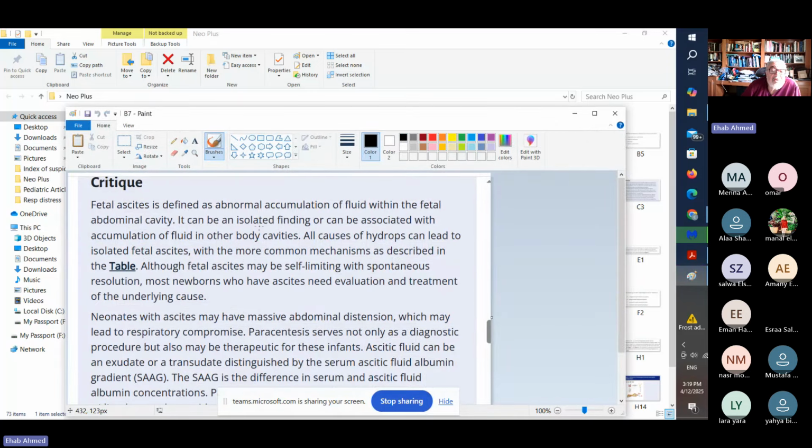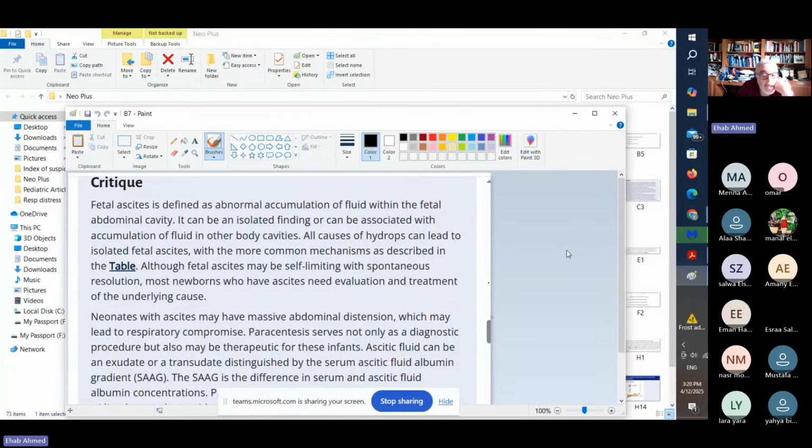Fetal ascites, because the baby started ascites in utero. Fetal ascites is defined as an abnormal accumulation of fluid within the fetal abdominal cavity. It can be an isolated finding or can be associated with accumulation of fluid in other body cavities, and in this case, it will be hydrops. All causes of hydrops can lead to isolated fetal ascites, but we'll not call them hydrops, with the more common mechanisms as described in the table. Before we end this MCQ, we'll go to this table and see what are the different possible causes of